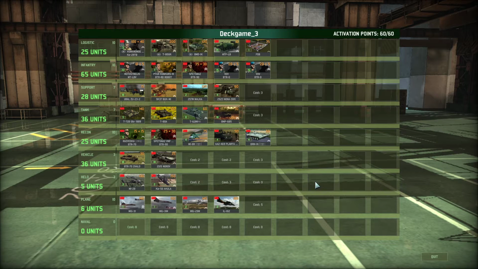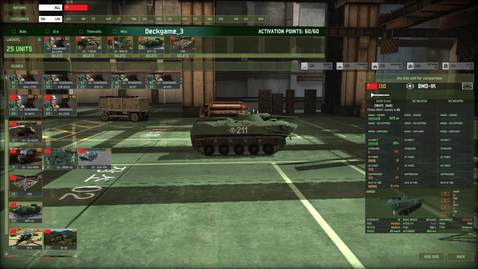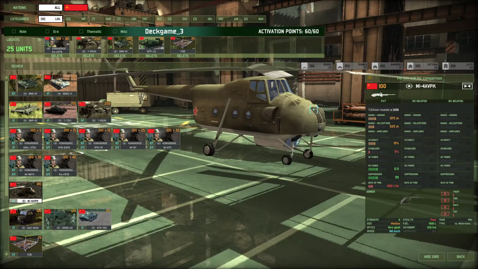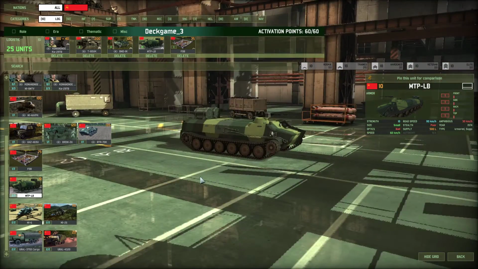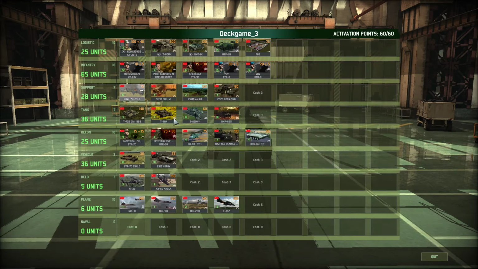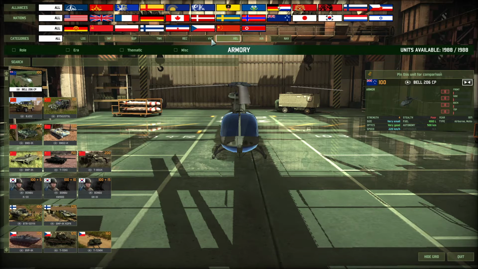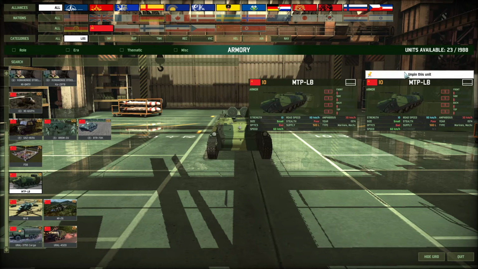Deckgame 3. We have USSR with nothing too extraordinary in the logistics tab, although you can't really expect a lot of wacky stuff here. The wackiest stuff would be the MI4, and that's not wacky, it's just bad. The MTLB is something interesting. Usually I don't like these for several reasons, one obviously being the road speed. However, you have to keep in mind that